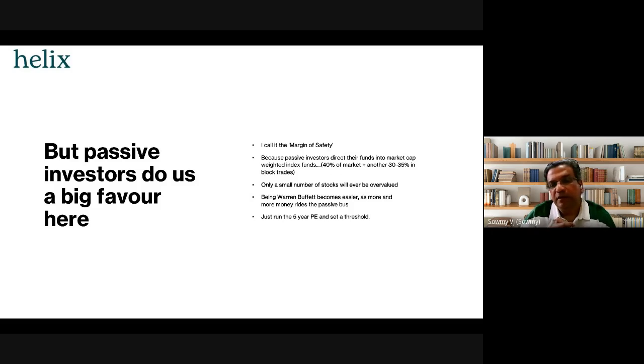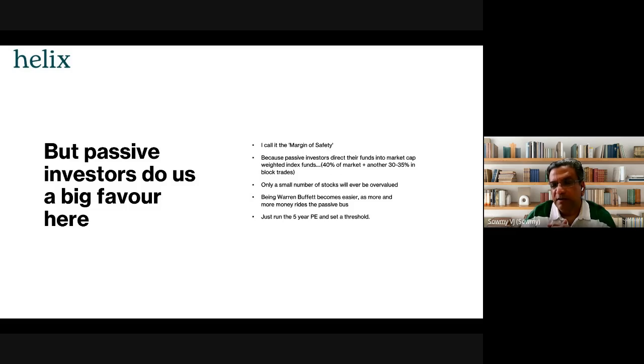And then if you actually look at it, that volume is not even seen in your volume chart at all, because those trades don't happen during the market open period. It happens late at night or whatever, and it basically happens institution to institution. So between, let's say, that 40% of the market that is driven by passive investors and another 30 to 35% of the market that is driven by